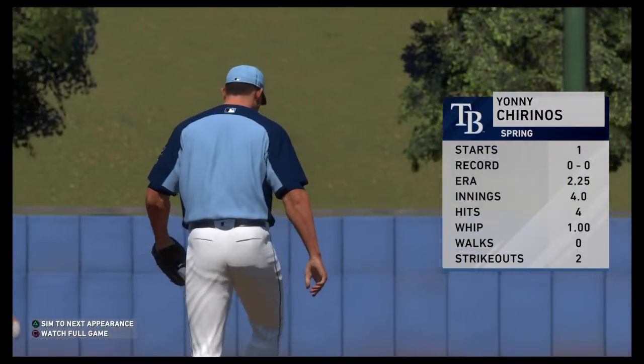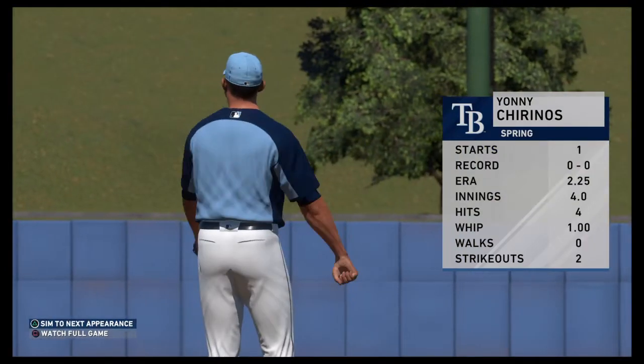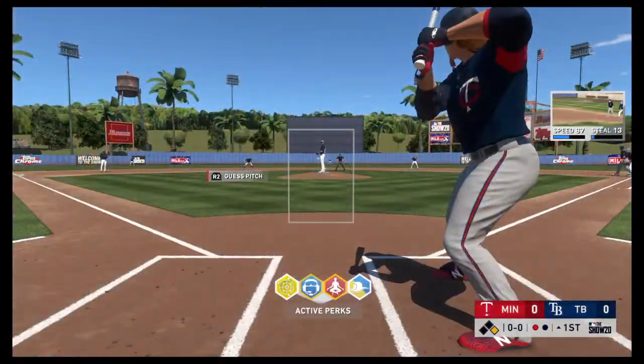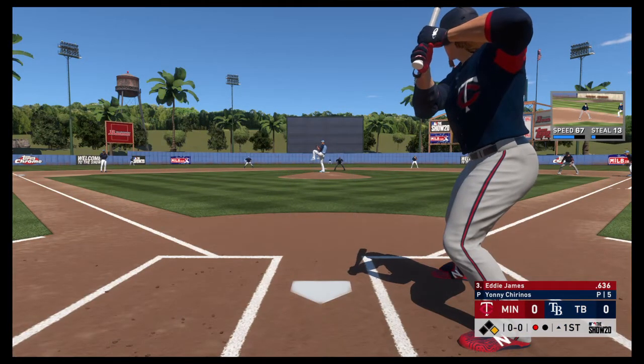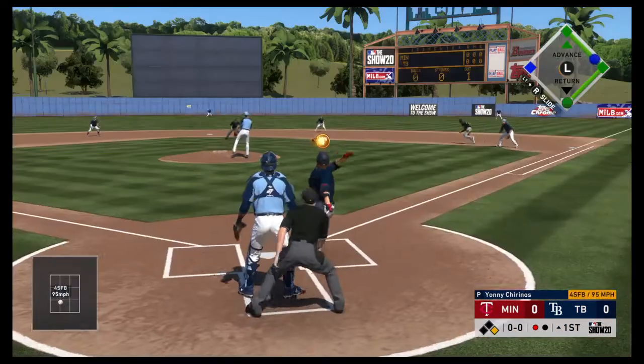Yonny Chirinos will be the starter for the Rays in this one. What do you have for us on him, Danny? Hey, Matt, we're getting a chance to look at a guy that added a new pitch to his repertoire, the split finger. He won't throw it that often. I think one of the...